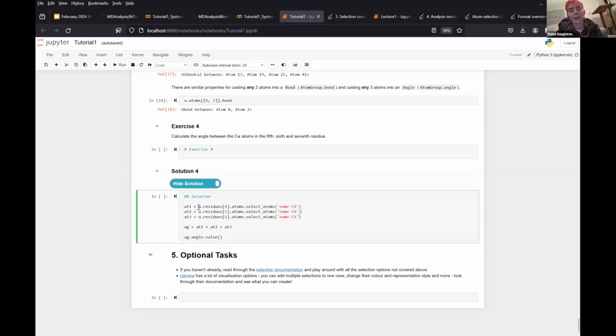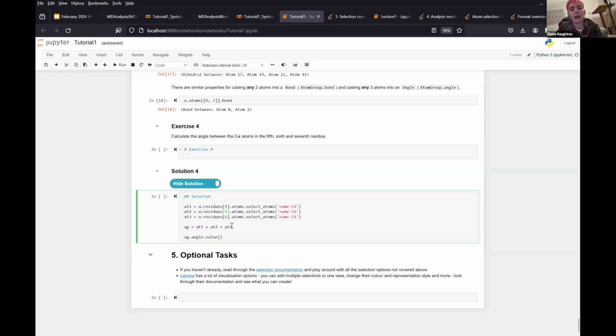The way we've done this here, again, as always, there'll be several ways you can do this, but in this example solution, we're first taking the set of all residues, using indexing to take the fifth residue, and then we can directly turn that into an atom group instead of a residue group, and then directly select the atoms from that residue group that has the name CA, so our carbon alpha. And we're doing that 3 times so that we can get the carbon alpha for the 5th, 6th, and 7th